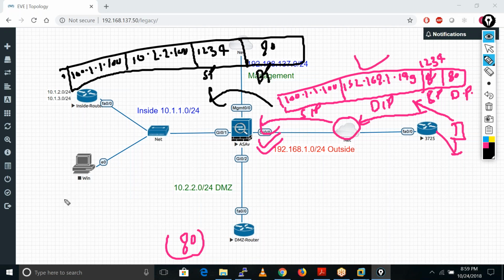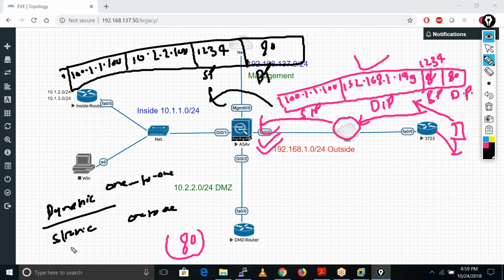So the difference is, see, dynamic NAT is 1-to-1. Even static NAT is 1-to-1, right? Okay, 1-to-1, and static NAT is also 1-to-1. The difference between these is that static NAT is bidirectional. First difference. Bidirectional means we can also initiate the same traffic from this host towards the outside, and we can also